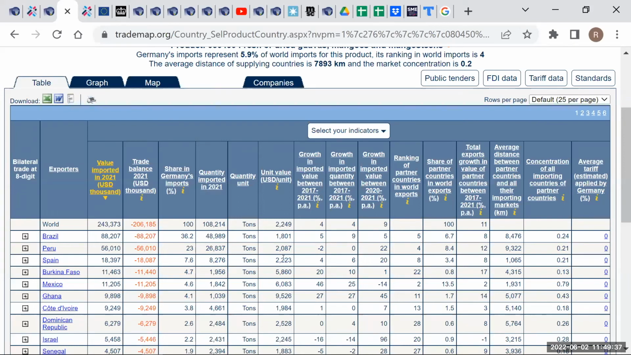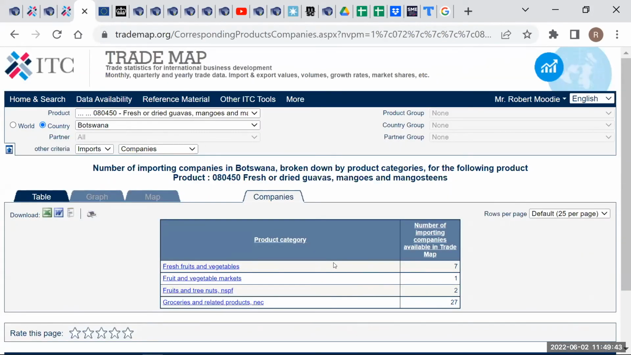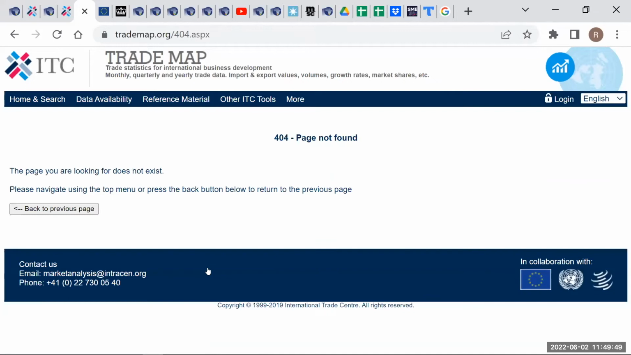So you can work out your pricing and see whether you're reasonably price competitive. And the tool will even give you contact details of companies that you could contact. This is again just Botswana. And if you click on that,